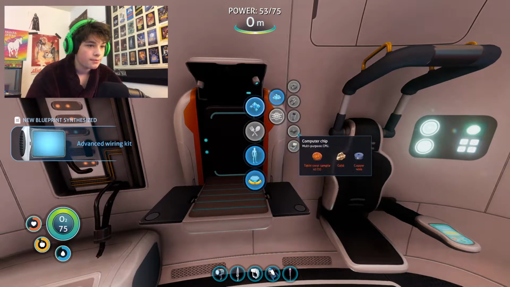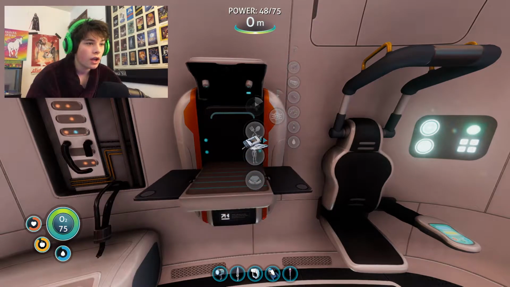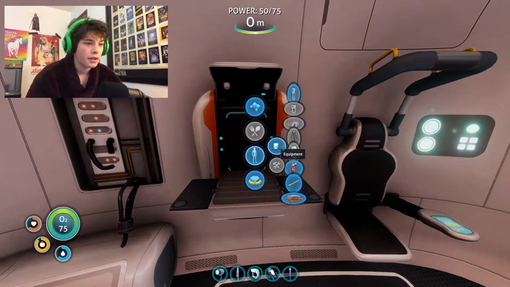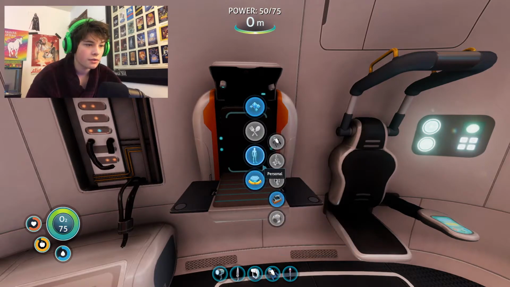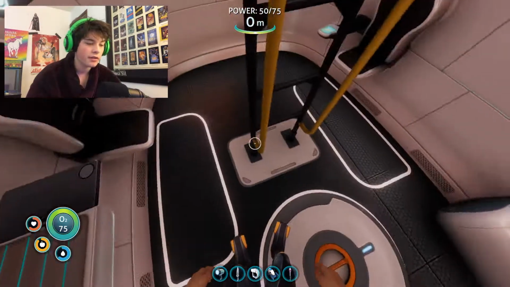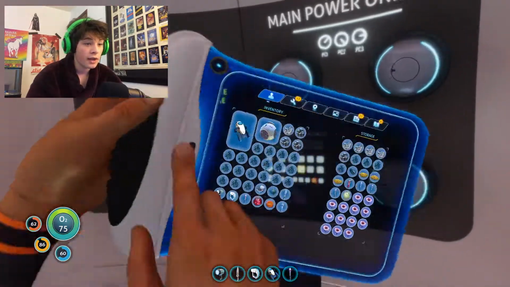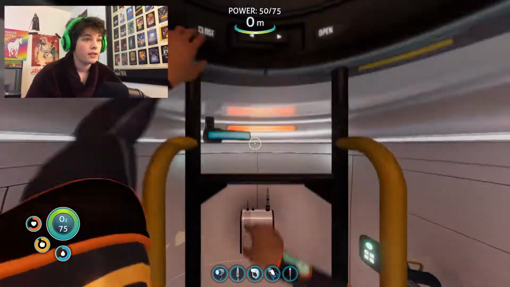Advanced wiring kit. New blueprint. Oh, sweet. So you can unlock more things by crafting more things. That's pretty good. Alright, so let's see if we can find ourselves... There you go, and all we need now is a battery, so we just need 1 more copper. If we have some in here, that's good. No, we do not. Alright. But, as you can see...